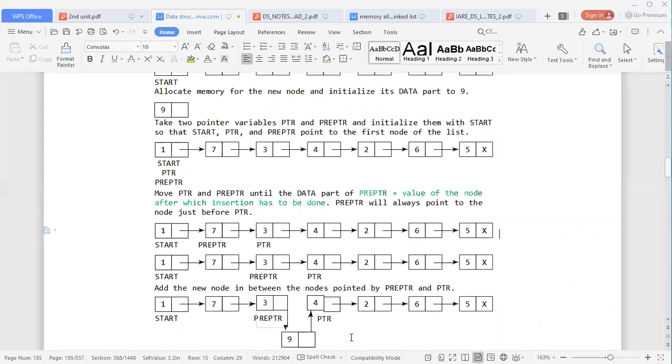Roll number 53, is it understood by you? Roll number 5. Sir. Yes, sir. So we change 2 pointer values. The next address of 3, instead of 4 we are marking as 9, and in the next address of 9 we are placing 4. Then the new node 9 is added as a node between 3 and 4. Is it clear to everybody?